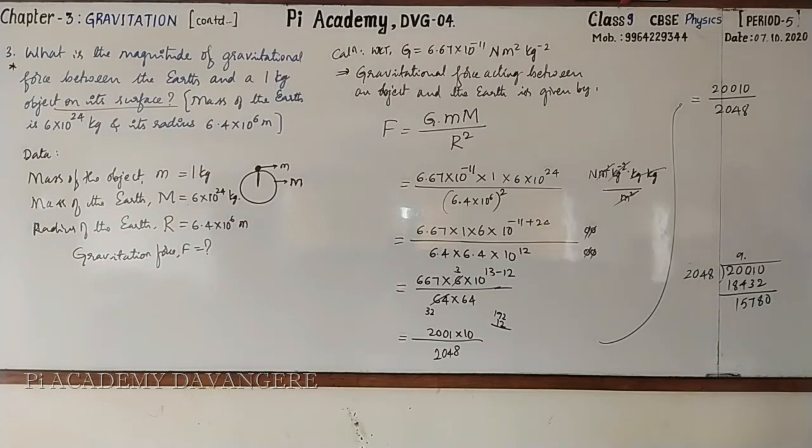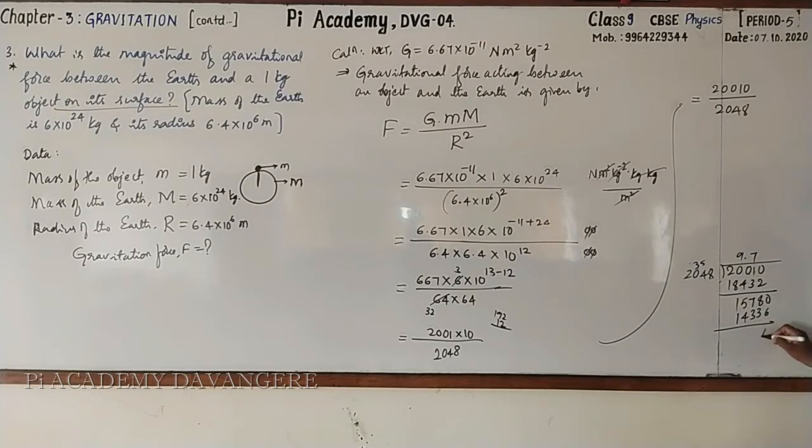Now this is 15,780. Here 2,048. Then can we go for 2,000. 7s are 14,000, which is less than this, so it will come. Now 7 8s are 56, 5 is the carry. 7 4s are 28. 28 plus 5, it is 33. 3 is the carry. This is 3. 7 2s are 14. Subtract.